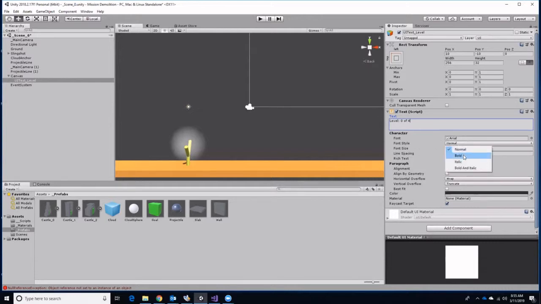We can change our font to bold. We'll make it a little bigger, about 28, quite a bit bigger. Wrap, truncate. That looks good. Now let's add another